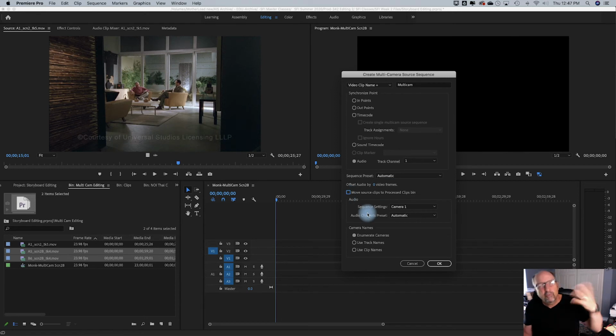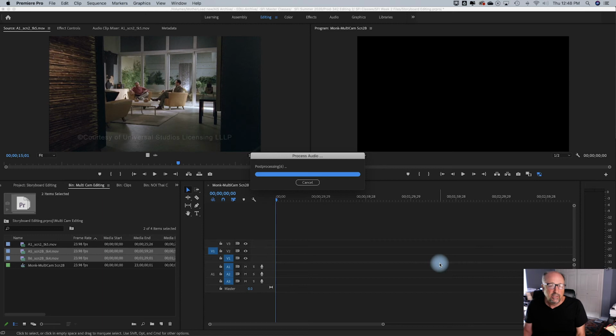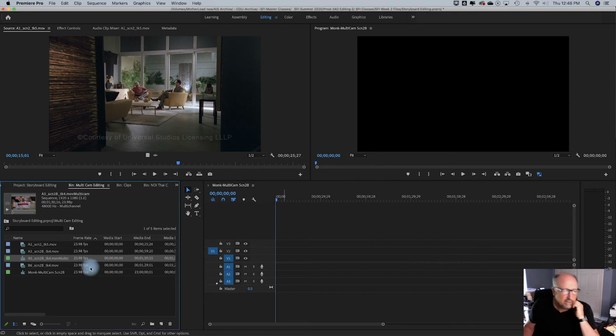But if I was doing multiple clips, I might do that for each one so they all have their own bins. And I'm going to take the sequence settings from camera 1, and audio channel I could choose to take from stereo, adaptive, different forms of bringing in audio. I'll let it be automatic so it'll look at the file. And enumerate cameras means it's going to be 1 camera, 2 camera, and then I can hit 1 and 2 to edit between them. So I'm going to go OK, and now it's trying to line up those signals, and